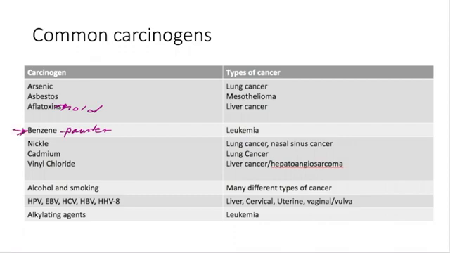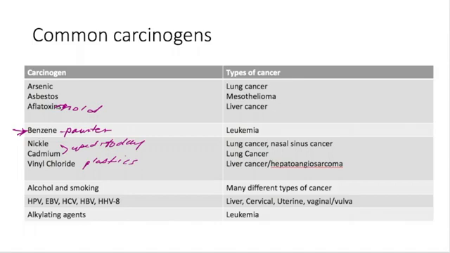So then we have some heavy metals such as nickel or cadmium. Nickel, such as nickel plating, ceramics, batteries, byproduct of stainless steel arc welding. Cadmium, so this is in pigments found in solders, used in batteries, and as an alloy. Vinyl chloride, so this is a refrigerant monomer, adhesive for plastics, so this is big plastics, which are used all over the place. And this creates a specific liver cancer called hepatoangiosarcoma.